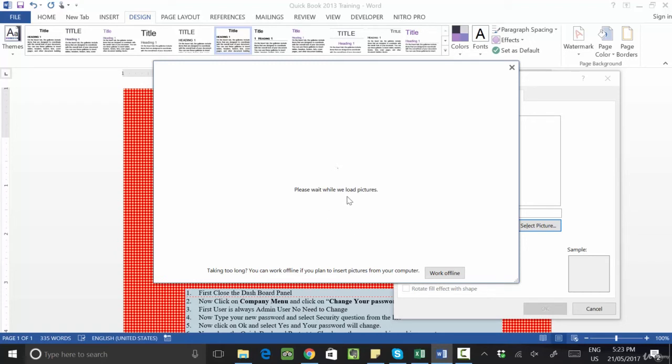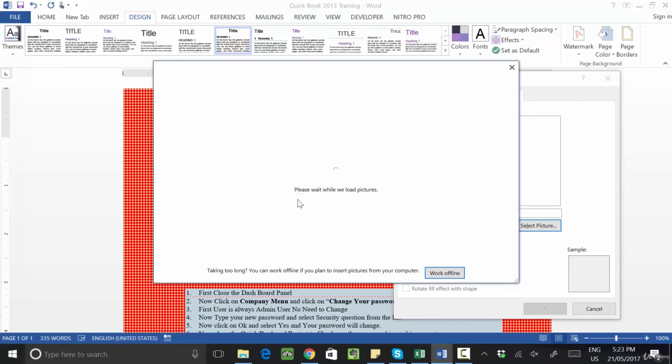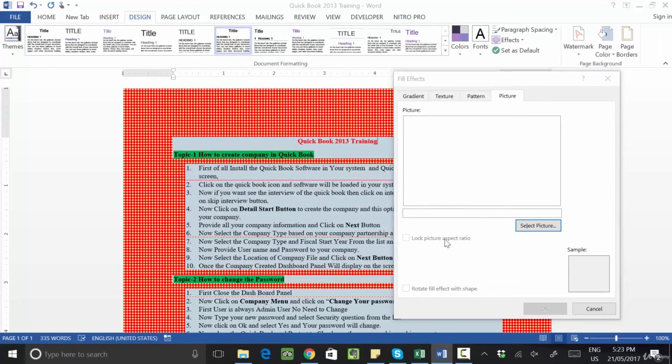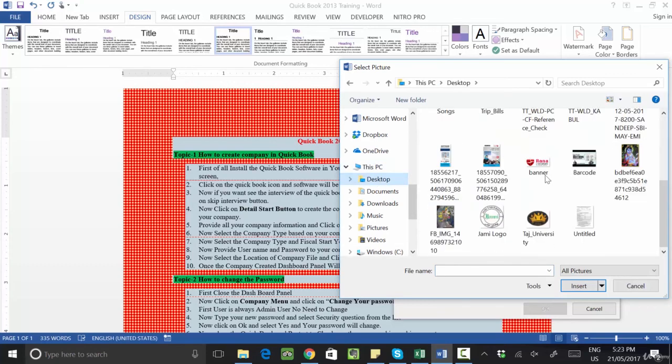Now it is working on internet right now. It said, okay, work offline, let's say. So it said select from your computer. So from my computer, I'm selecting Rana banner.